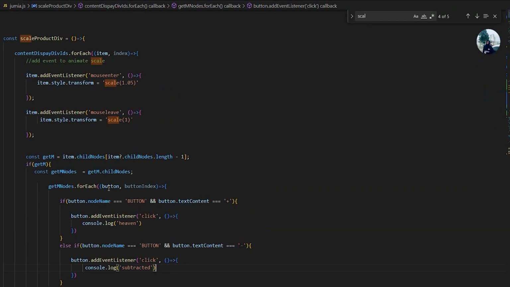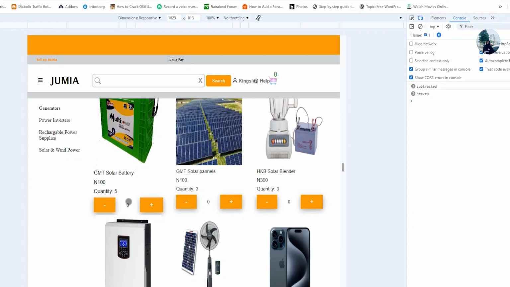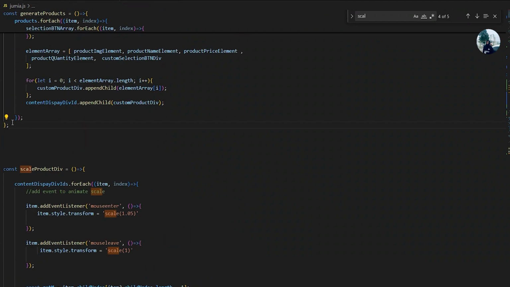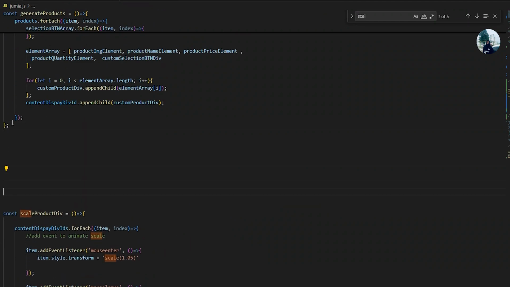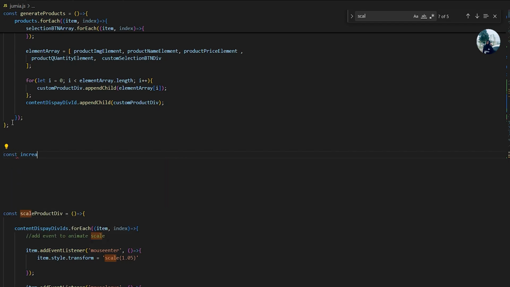Now that we do that, we need to increase the number. This is a quantity. The p tag here needs to be increased. And to do that, I want to make it cleaner. So I want to go to the top here and write another function that I will need to call. So I can say const increase quantity is equals